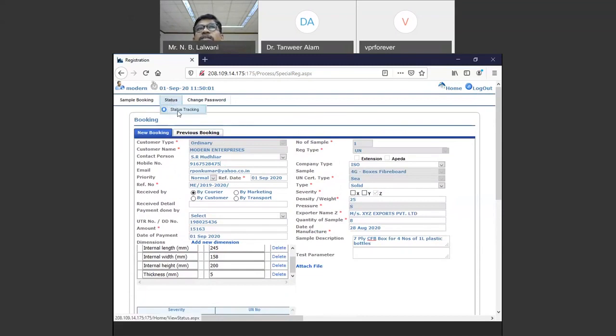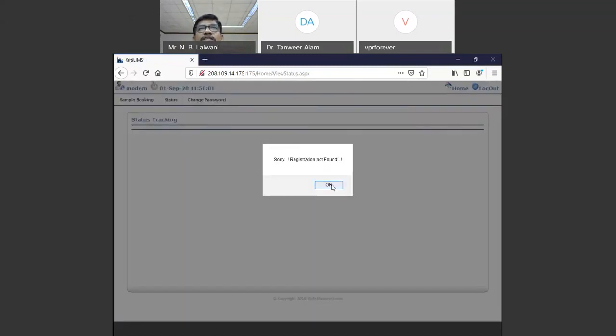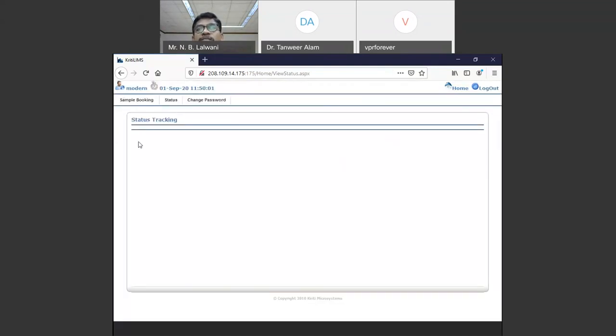And this status, as this is a dummy, there is no status because we have not accepted any registration. If I accept the registration, you will find the details. This is our booking number, this is your registration number, and this is the status. We have registered and the testing is done. Then if the testing is done, you will also be able to see the UN marking we have issued, and you will be able to download the certificates from here.